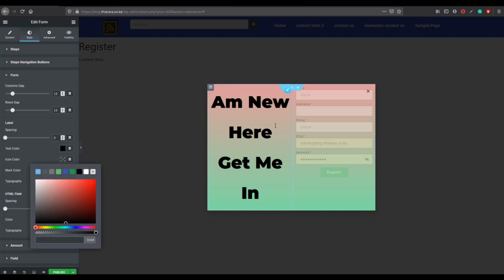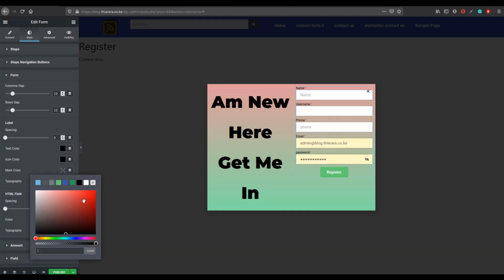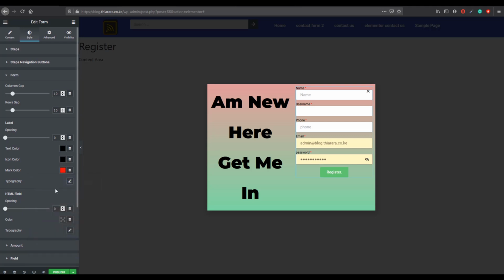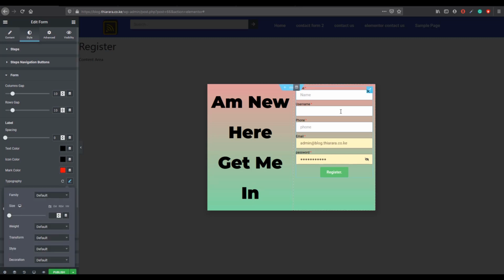Icon, we don't have an icon already, but you can add one, or you can also put black. Mark, let it be red. Topography of this one, of the label here, this one. So we come here and say Monticello,